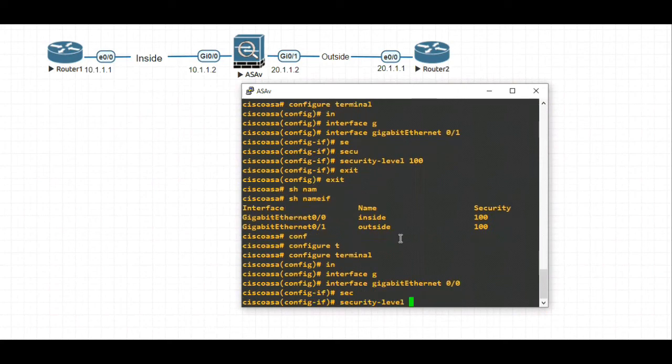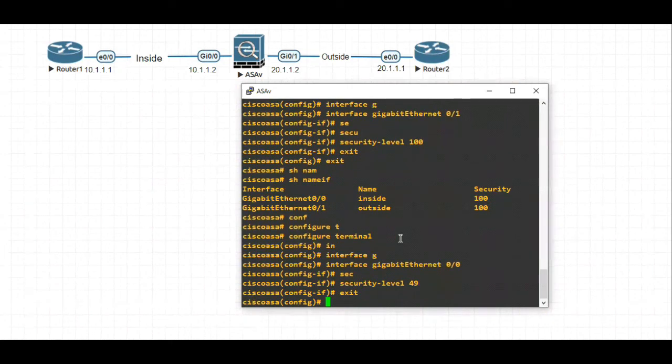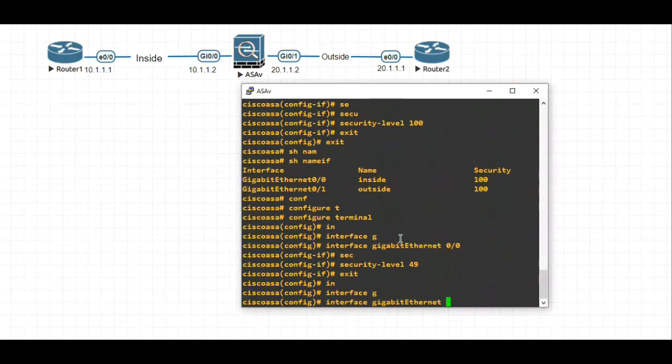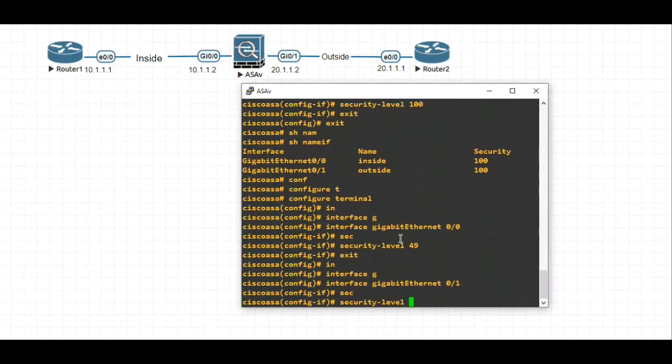Security level I will keep it as 49. Okay, exit. And for one more interface gigabit 0/1, security level will keep this higher than inside, 50. Okay,